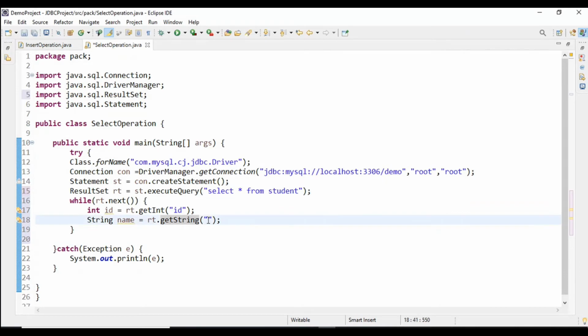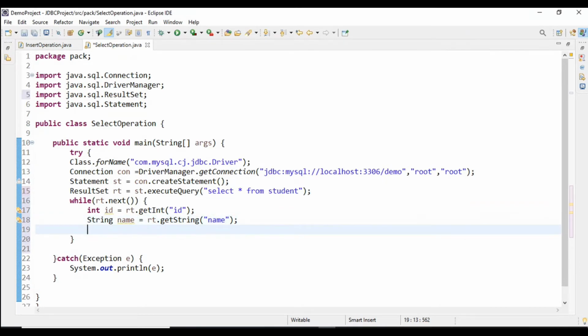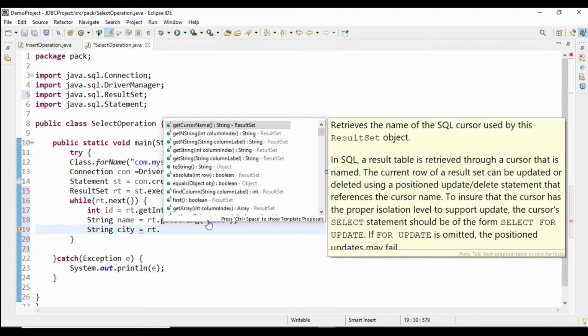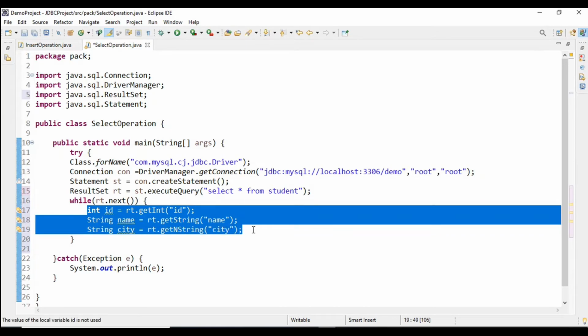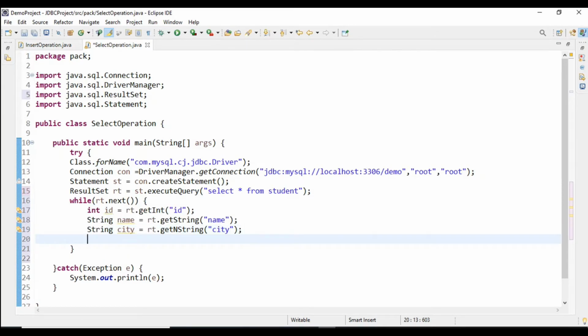Then the getString method, and this is the column name. Remember, this is the column name. This next method will move the cursor one by one and retrieve the data from the table, and here I will print the data.